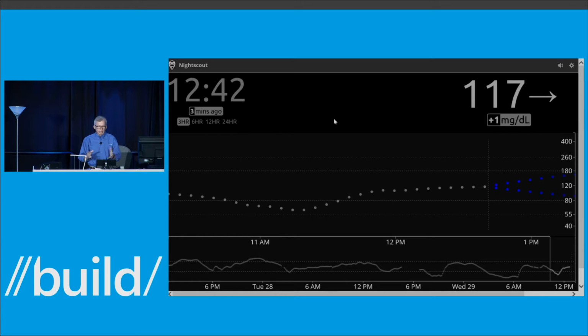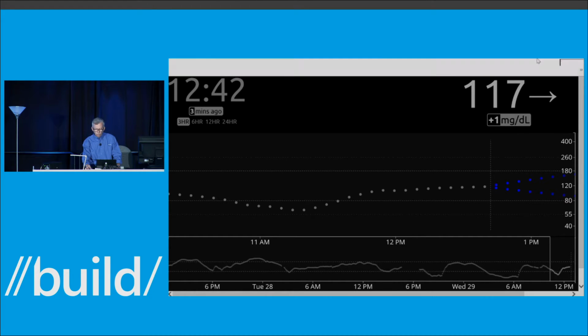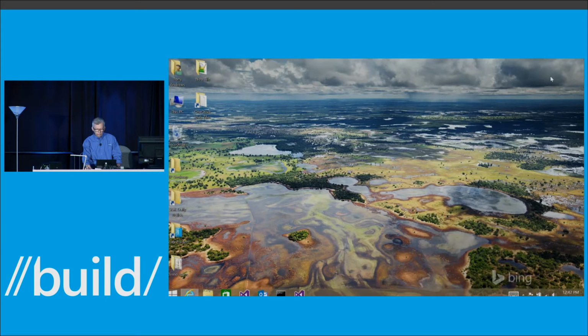And Scott had had a band for a while when we first talked to him a few months ago. He said what he would really love is to be able to get this same information right on his band and have it be constantly refreshed and current. So instead of pulling a phone out of his pocket and going to look at that, he's just got it in a really, really convenient way right there on his wrist. So we took that idea and we've built our initial demo around that.